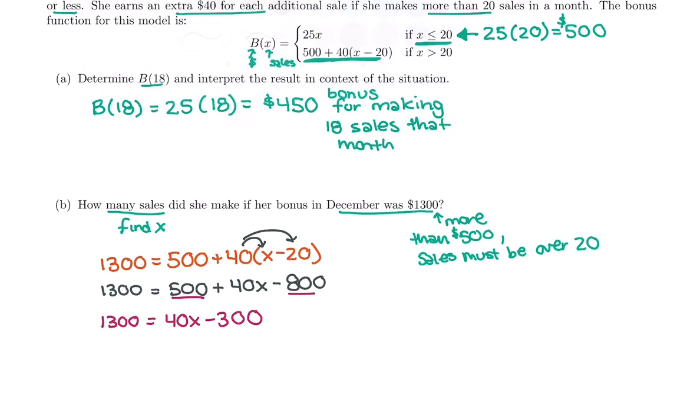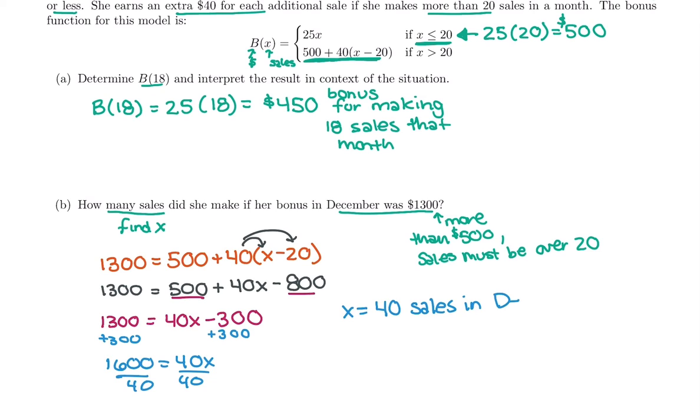And so we're going to add that 300 over. So we're going to get 1,600 equals 40X. And our last thing to get X by itself is to divide by 40. So X equals 1,600 divided by 40 means she had 40 sales in December